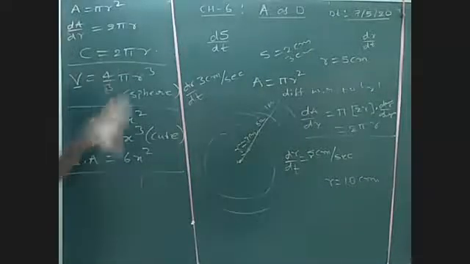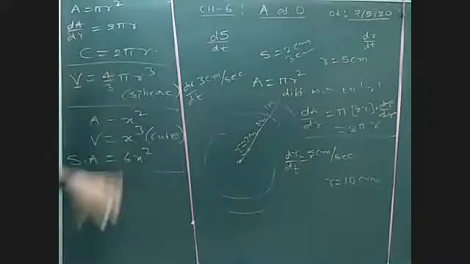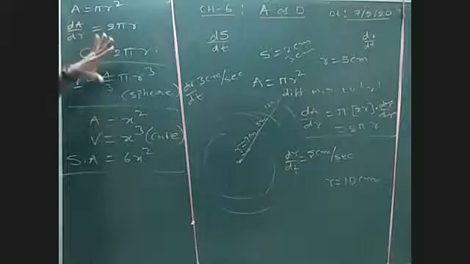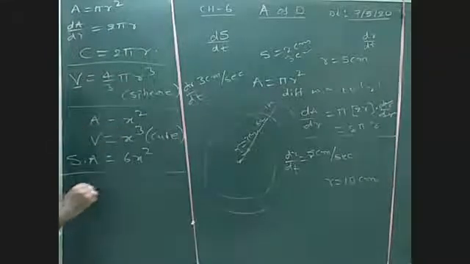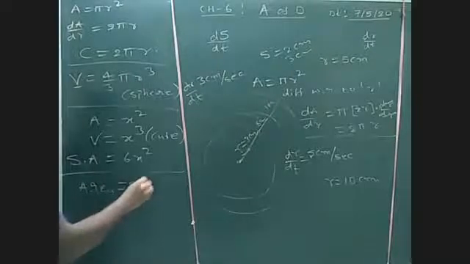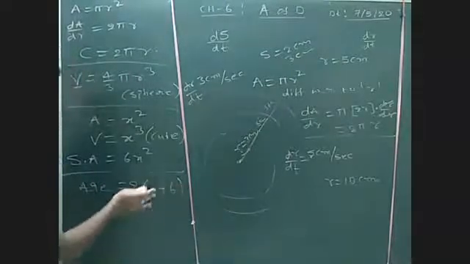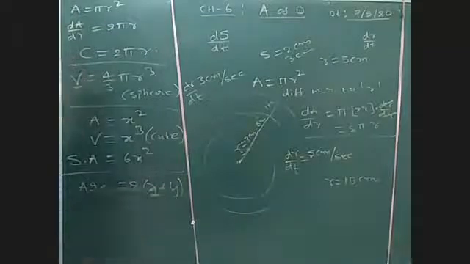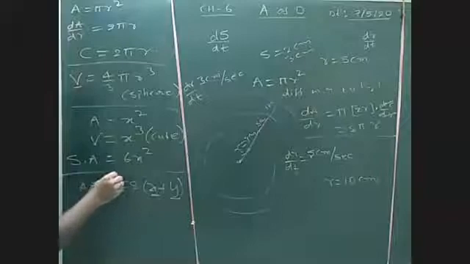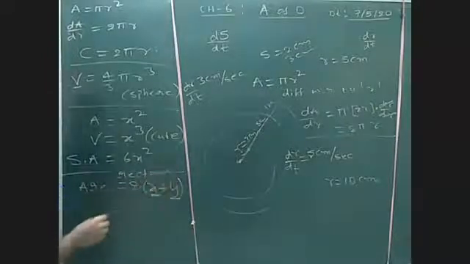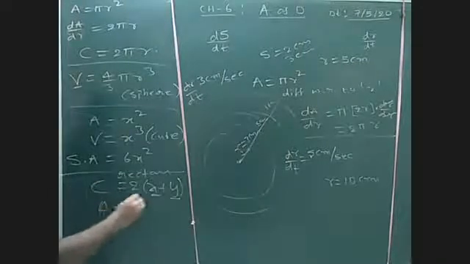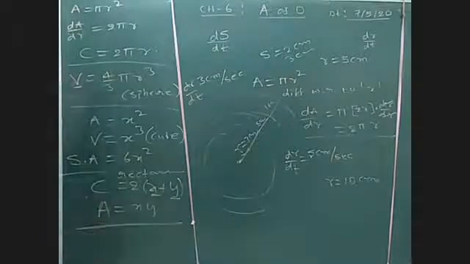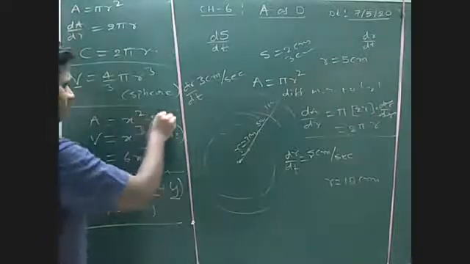Already you know this. So volume of sphere is 4 by 3 pi r cube. Most of the questions are based on circle, sphere, and cube. In some cases cuboid. Already we know the area of a rectangle, whose length is L and breadth B. But in this question, they will take x and y. X is length and y is width. Then the perimeter of the rectangle, and the area becomes x into y.